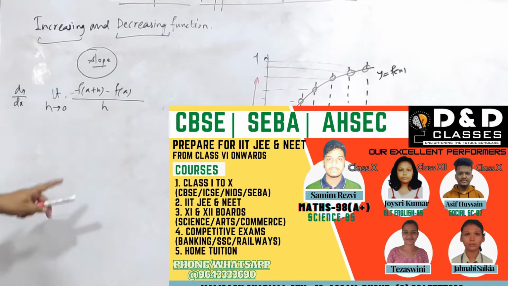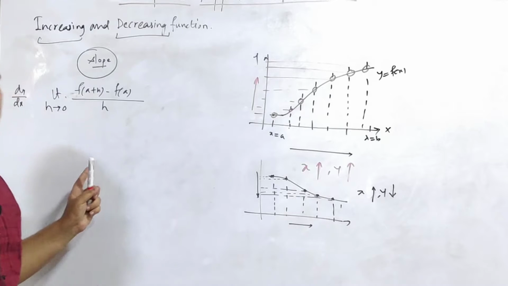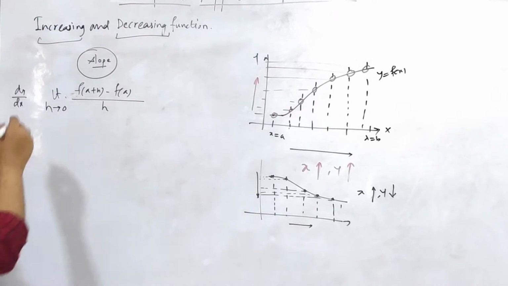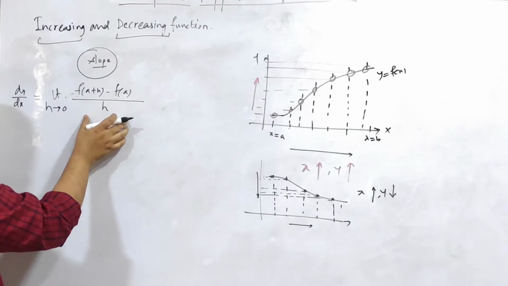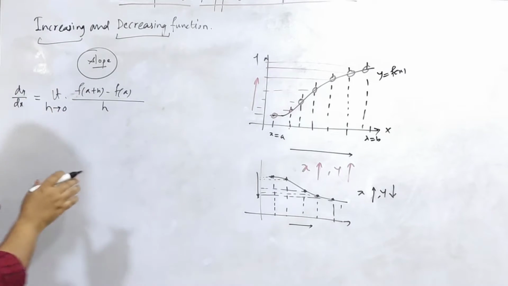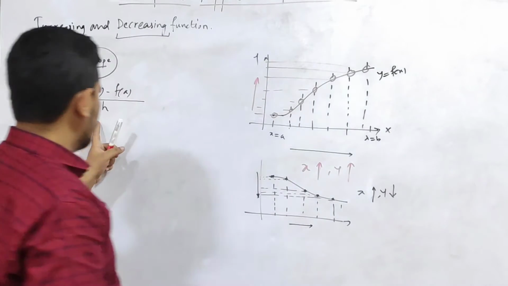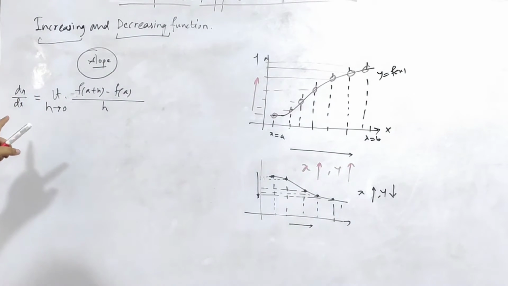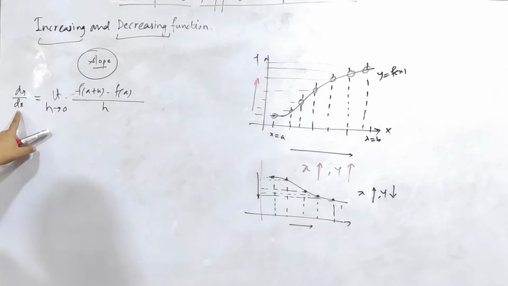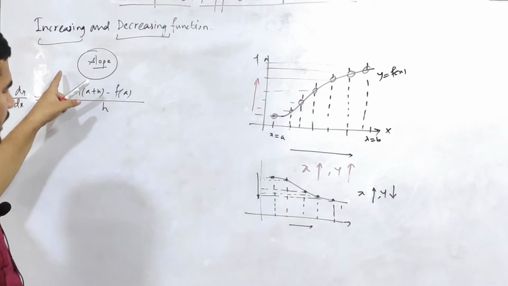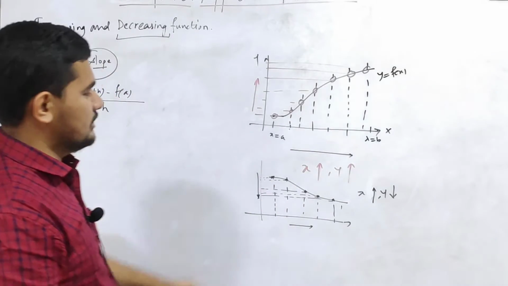Here, when I derive this formula for you, you can remember that I have taught you that derivative is nothing but slope. So you can rewatch the derivation part of this formula to know what slope is and how we relate slope to derivative. So now with the help of slope, we can see whether a function is increasing or decreasing.